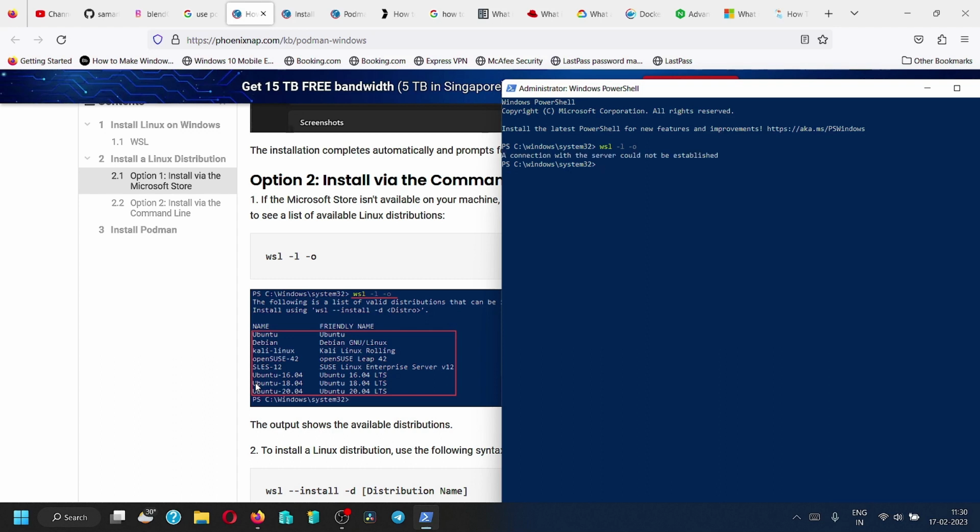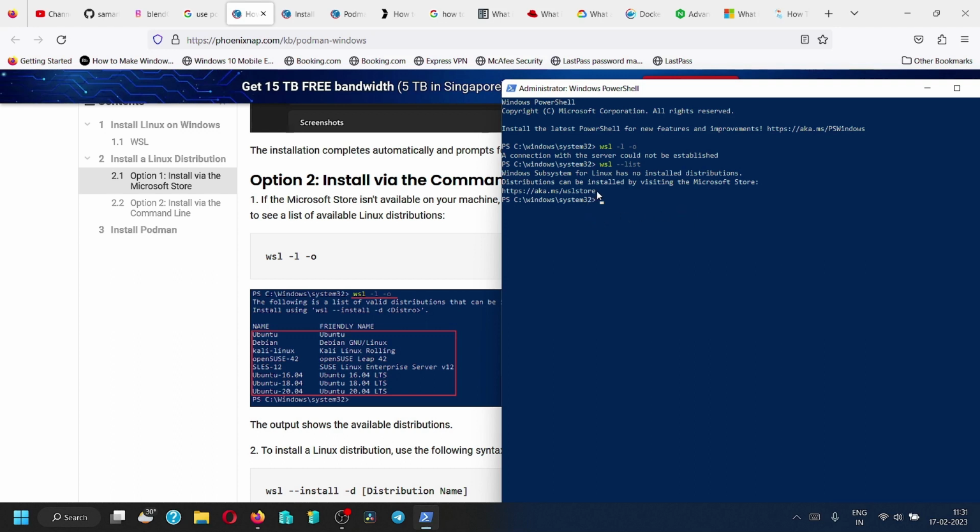So I think it is taking some time. Connection with server could not be enabled. Why is it taking such a long time? What we will do is, let us use this list command, double dash list. Let us see what happens. Okay, so WSL for this is not having any installed distributions. Distributions can be installed by visiting the Microsoft Store. Okay,